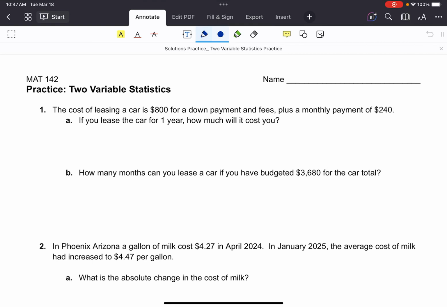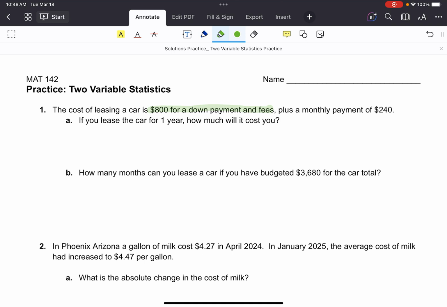All right, this first problem on this practice is a pretty traditional linear function question. You might see it in a basic introduction to constant rates of change. So we are told that the cost of leasing a car is $800 for that down